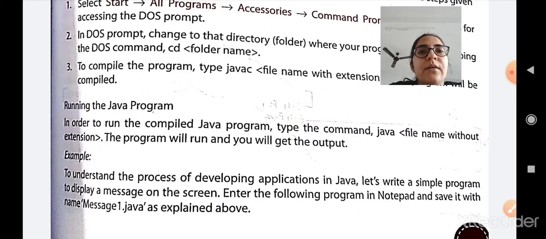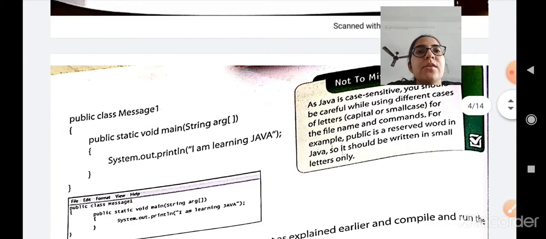For example, to understand the process of developing applications in Java, let us write a simple program to display a message on the screen. Enter the following program in Notepad and save it with the name message1.java as explained above. Here we are writing a simple program.